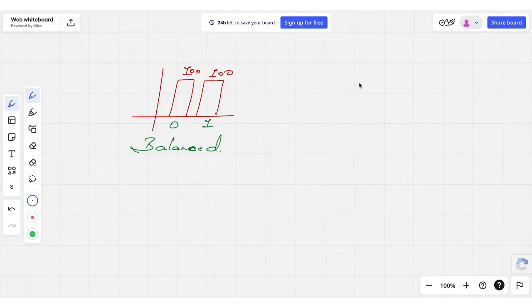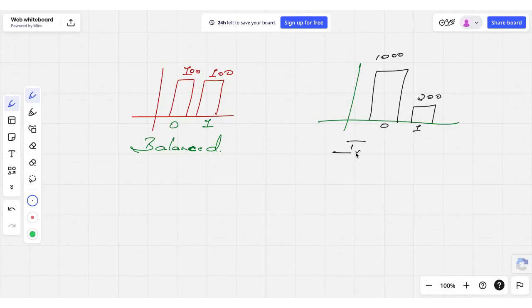Same way, if observations in one class are very high and in another very low, let's say here you have 1,000 observations and here you have 200 observations, class 0 and class 1, we call it imbalanced. Clear?